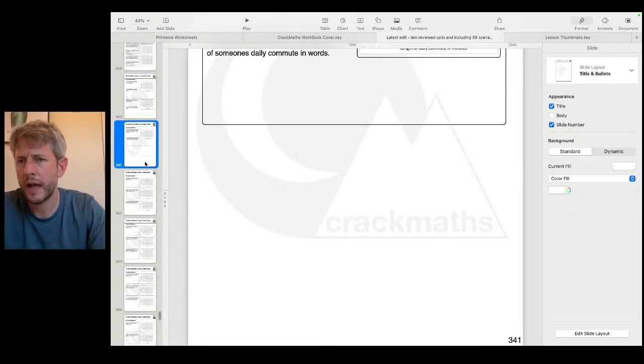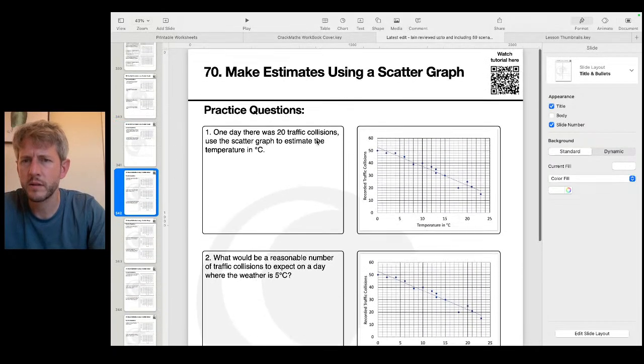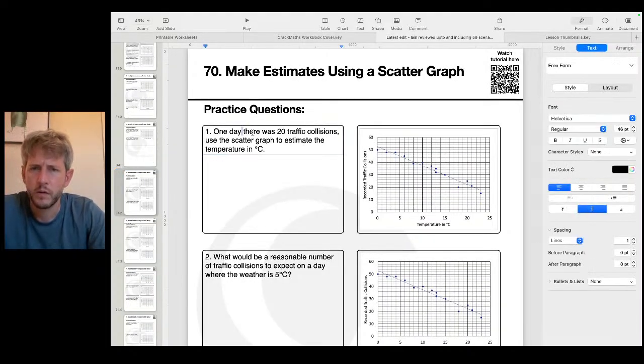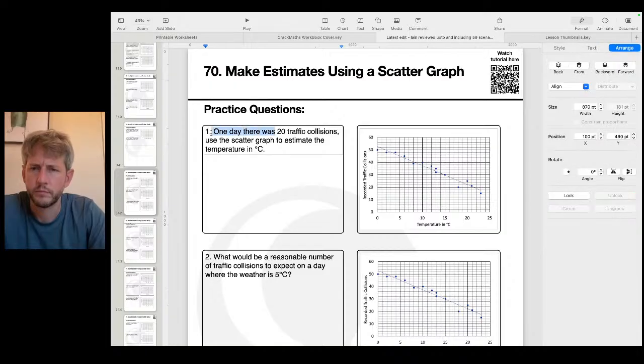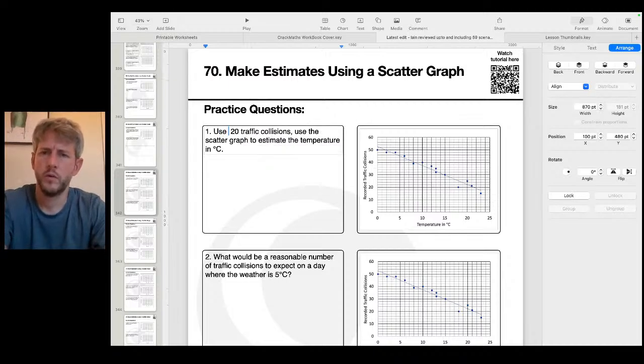So what I actually just want is: use the line of best fit to estimate